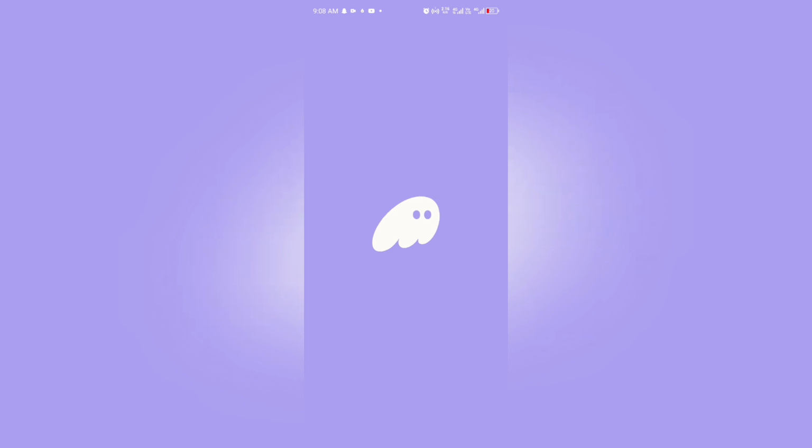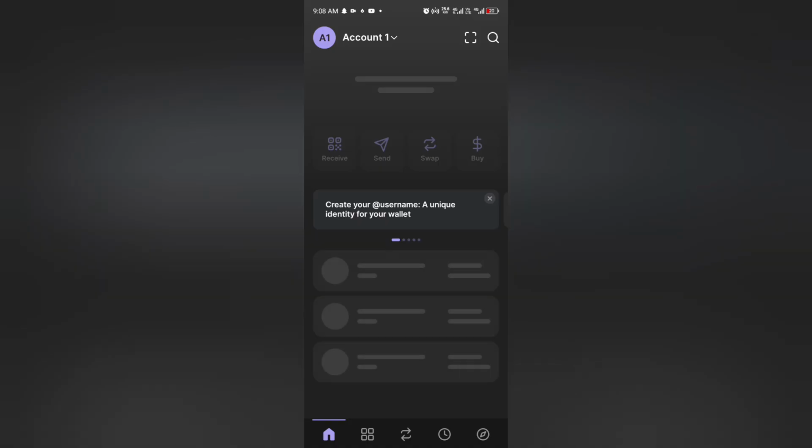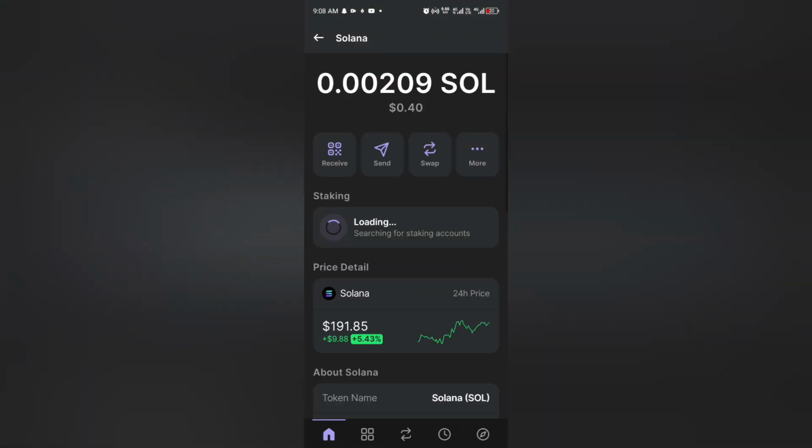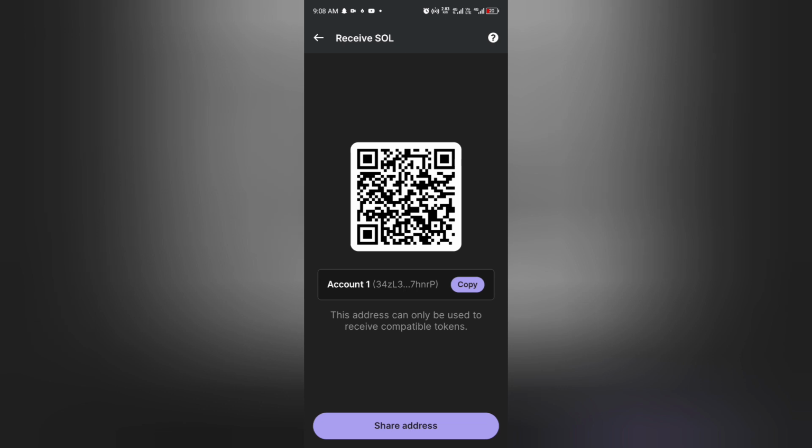So now let's wait for the app to load. So now once the app loads, you authenticate your security. And then the first token here is your Solana. You click on it, and then you now proceed and you click on receive. Once you click on receive, since you want to copy the address and send Solana from Bybit, you click on